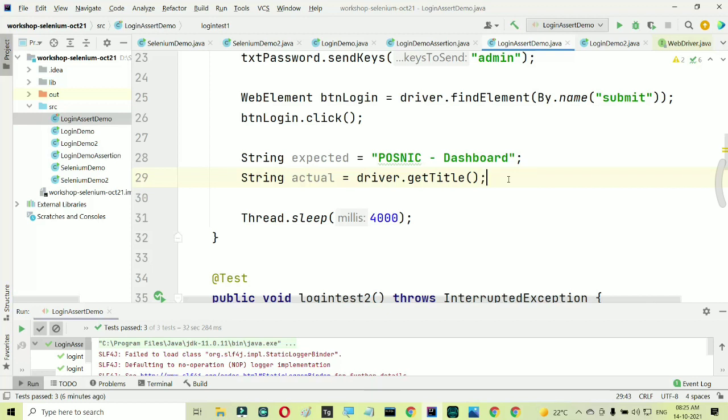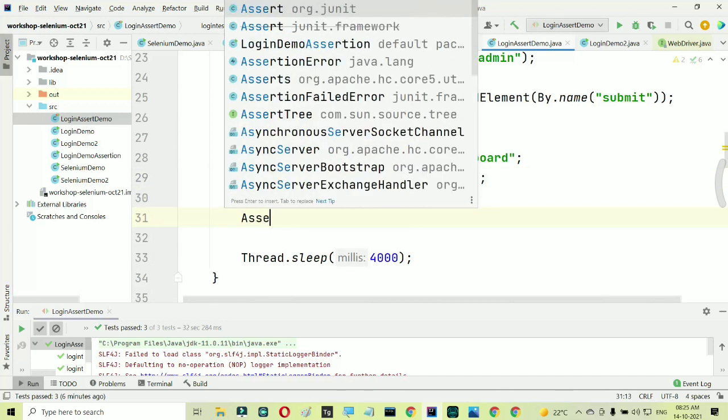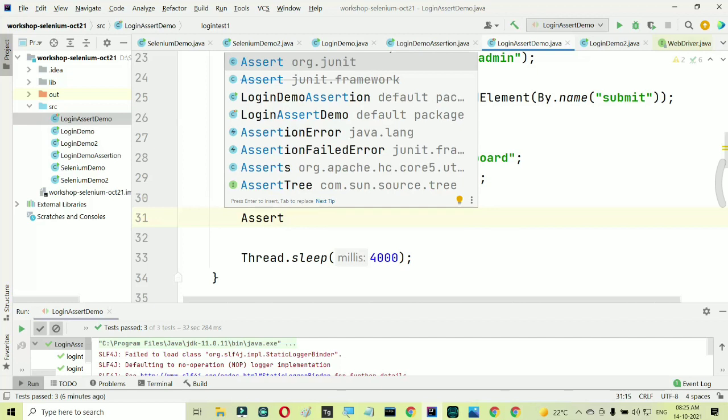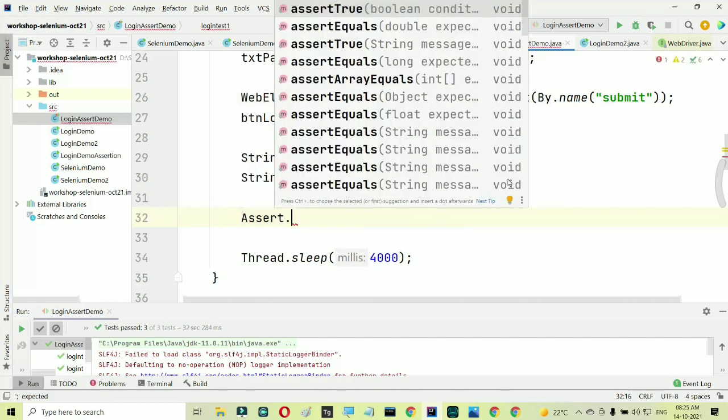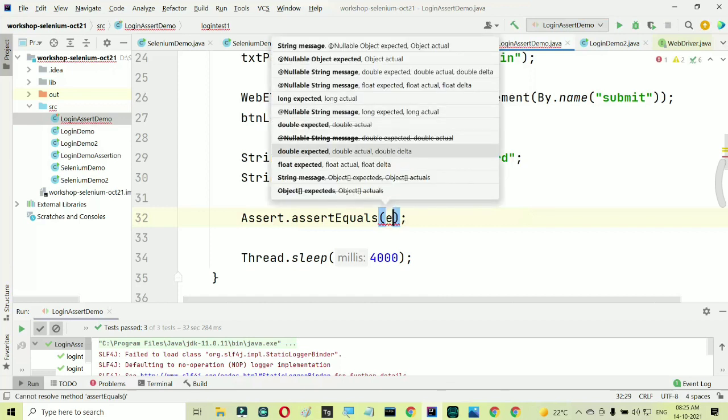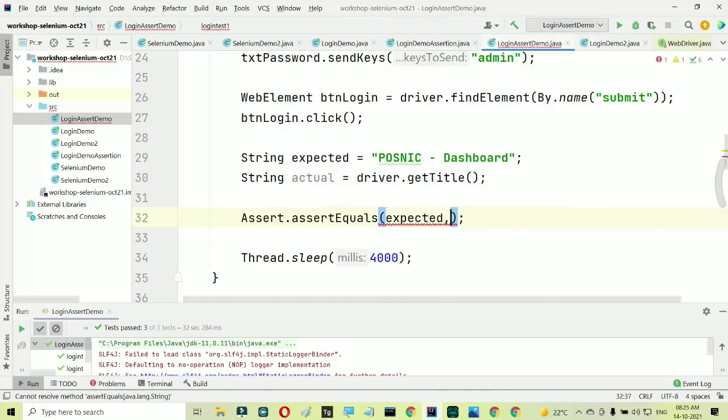So in that case, we actually have this method. So assert dot assert equal, say, expected comma actual. And here the third variable you can put as a message, right?